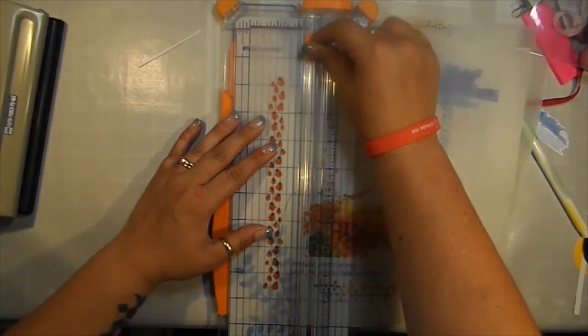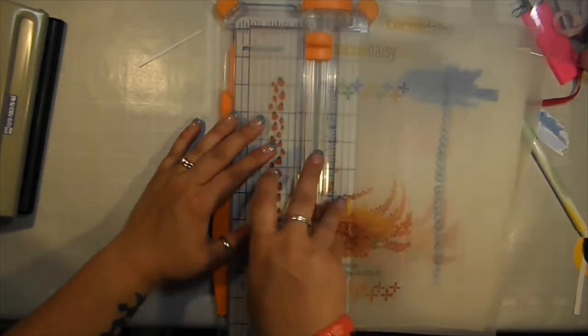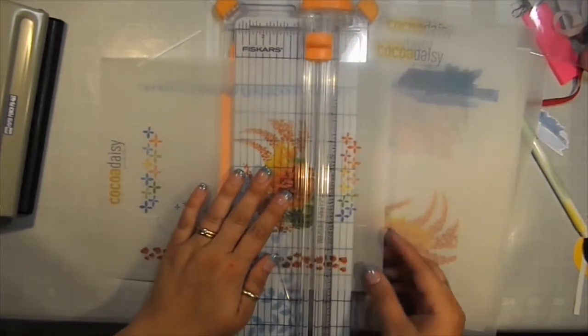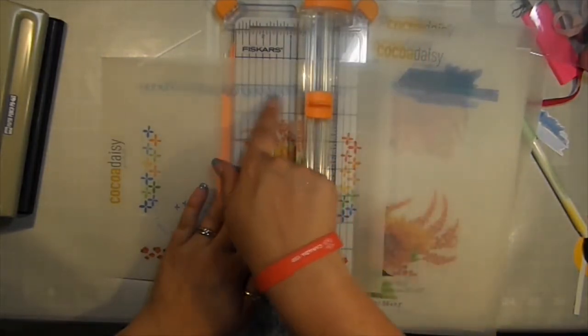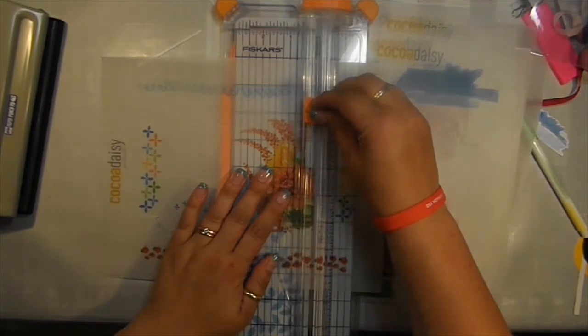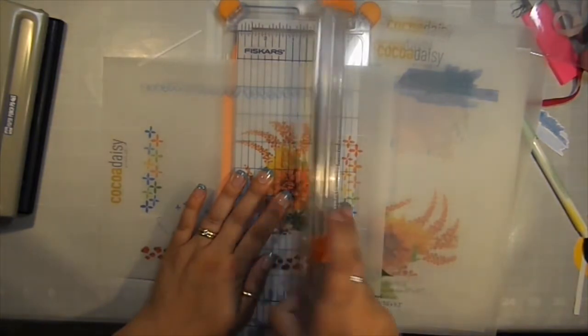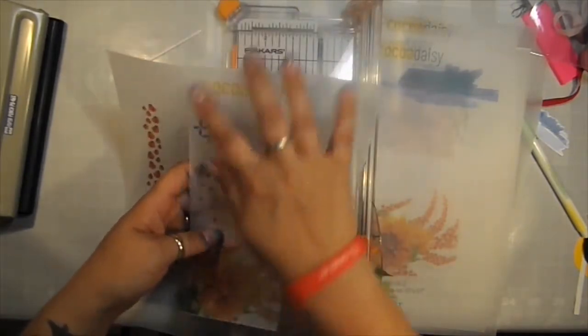But as you can see, I've gone way further than the crop marks are down here, and my cutter is way up here. So I've gone way further than the actual cut marks go. And because the words are here, I'm actually going to use the bottom of the image as my next cut line. And I don't want to cut these nice little designs, so I'm going to cut inside of that. And then I'm going to cut just inside the other side, because again, I don't want to cut the ladybugs. So now you can see that I've cut down here everything off, and I've left this connected,